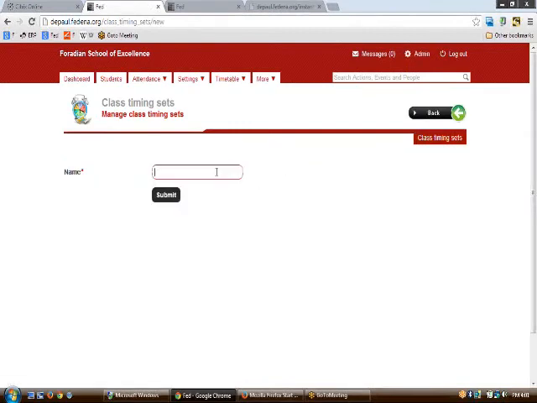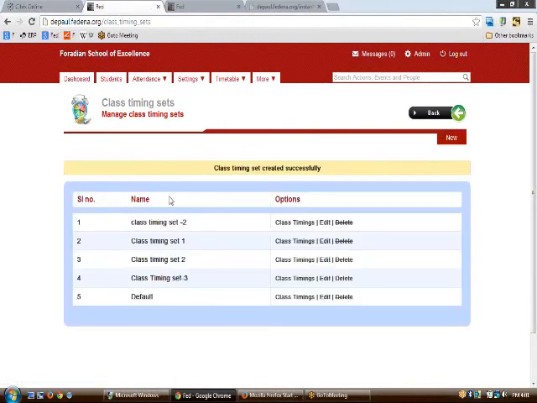Let us say that you want to name it class timing set 3, and hitting the submit button would create class timing set 3 for you. The set is created, but you would also need to add different periods to your class timing set. To do so, you need to click on class timings for the particular class timing set that you have created,